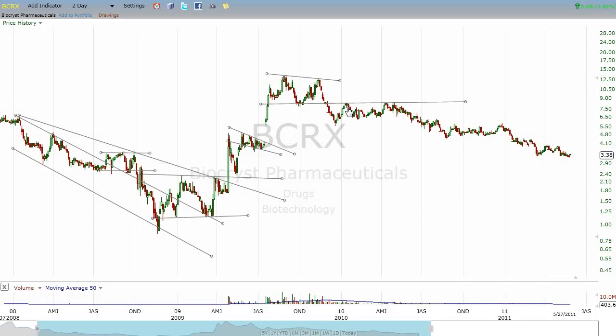Why did it not make it above that this time? Same thing. People who said, I should have taken my chance to get out even here, got another chance. I'm going to do it here. And then a third time that happened, then you can see that this thing has been in somewhat of a spiral ever since. Now, I think I'm done with BioCryst because I got a bad taste in my mouth about this. But if we look at this pattern,